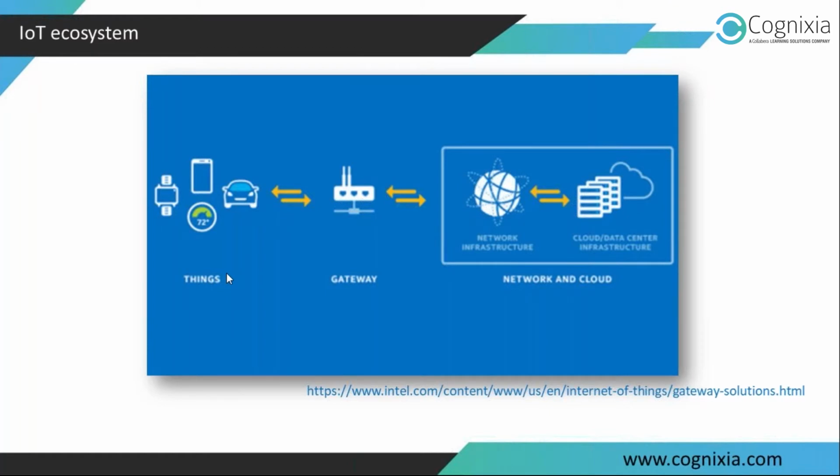Either we connect things or endpoints directly, by embedding some kind of communication technology in them, which enables them to use the internet as a communication channel. So either you enable your devices to directly connect to the internet and then communicate with the cloud platform, or you enable your devices to talk to a local system acting as a proxy for them. So this local system, which is there to enable your endpoints to talk to the cloud, is called a gateway.